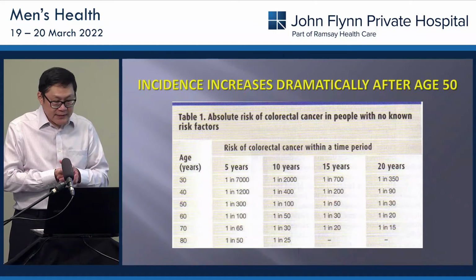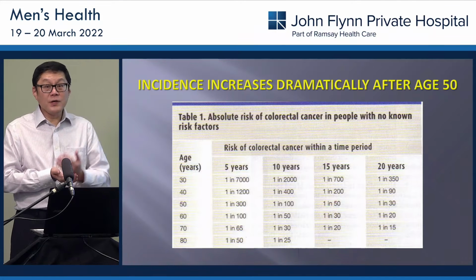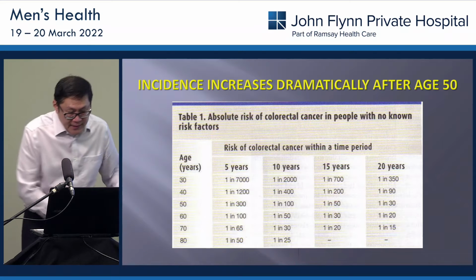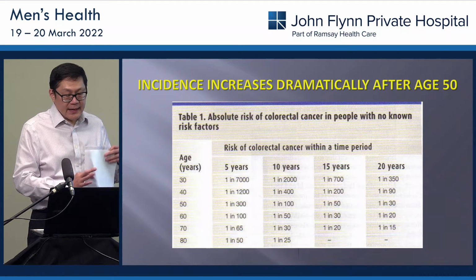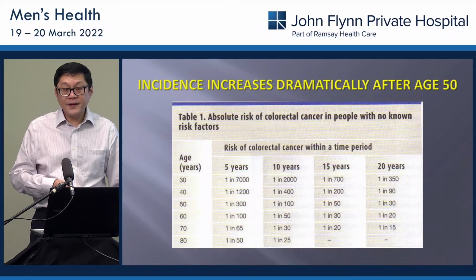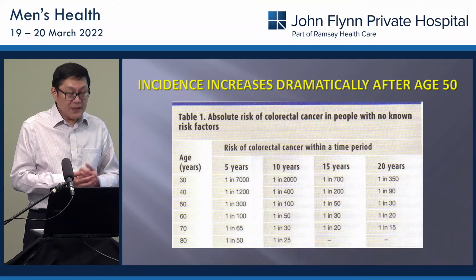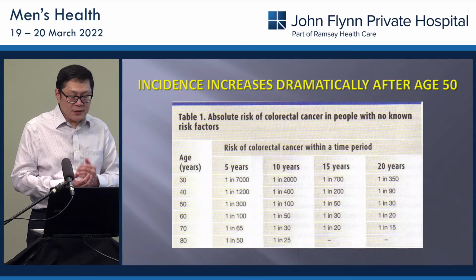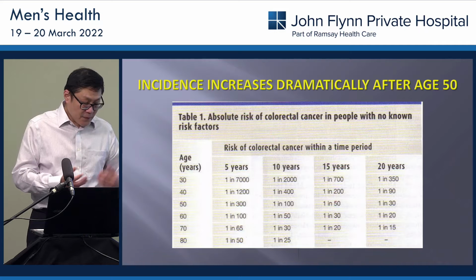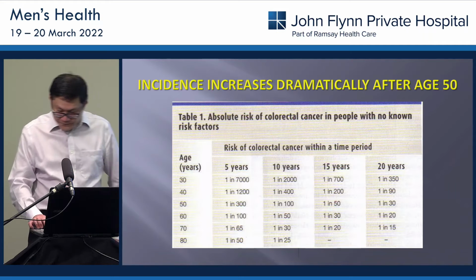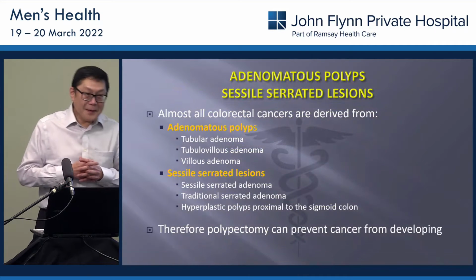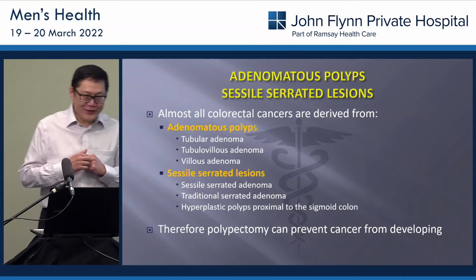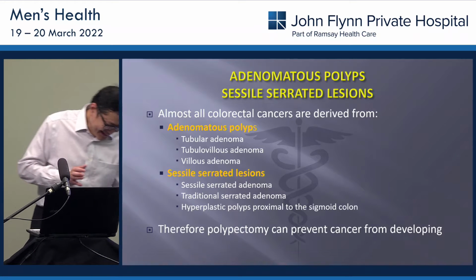This demonstrates that the incidence of bowel cancer increases very dramatically after the age of 50. However, there's increasing data recently that the incidence of bowel cancer prior to the age of 50 is rising. And in fact, in some countries, including the US, there's been a recommendation to start screening from the age of 40 to 45. In fact, if you ask all the gastros and the colorectal surgeons, they've all already had their colonoscopies before 45. All right.